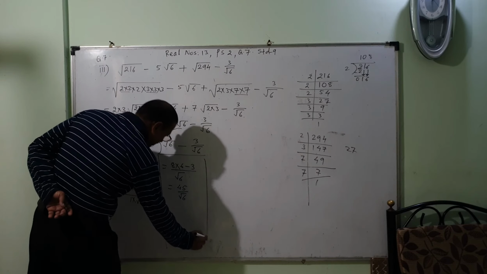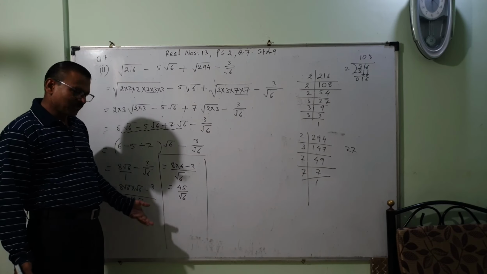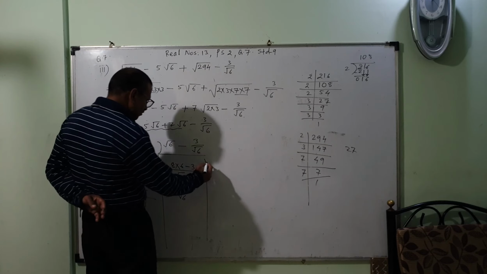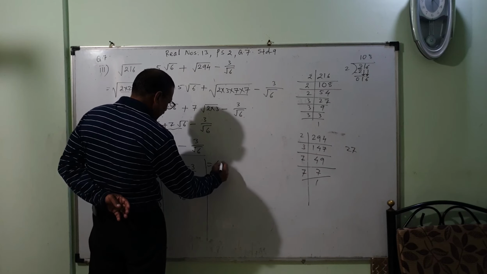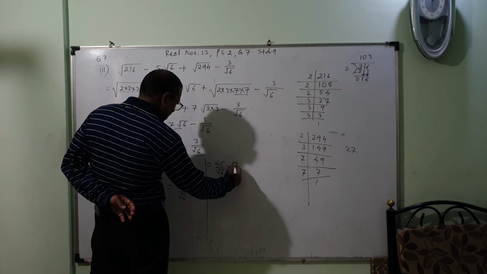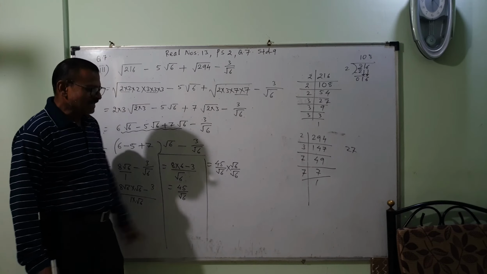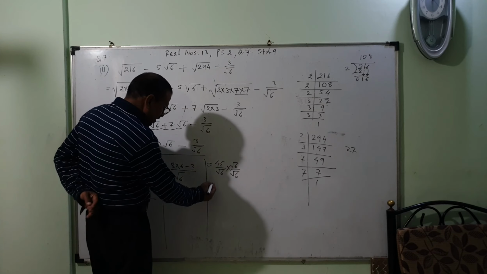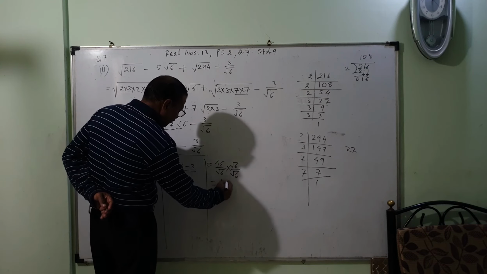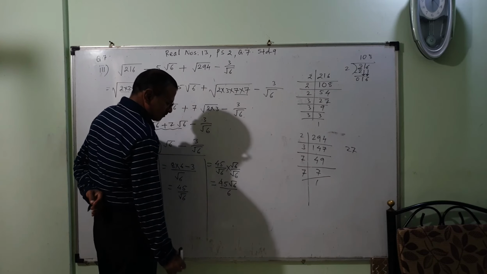Now the answer may be different. There won't be root 6 also. That may be also the case. So what I will do is, I will multiply and divide by root 6 into root 6 upon root 6. The reason for this we will give rationalizing the denominator. So that is equal to 45 root 6 upon 6.